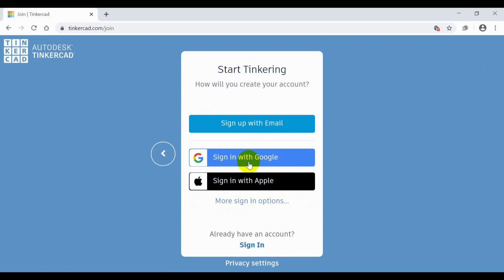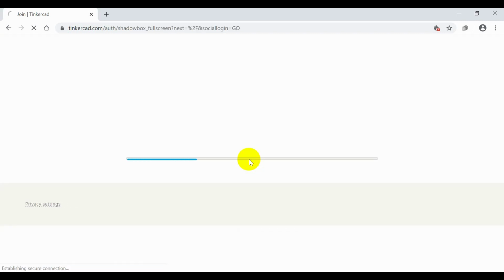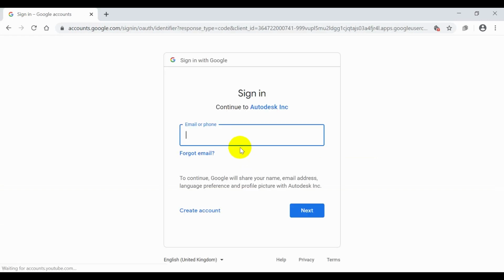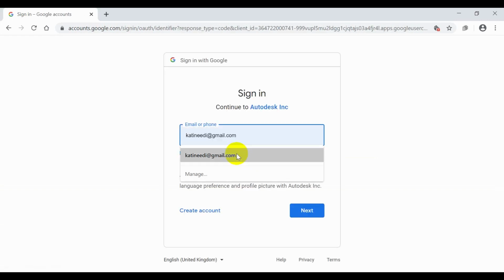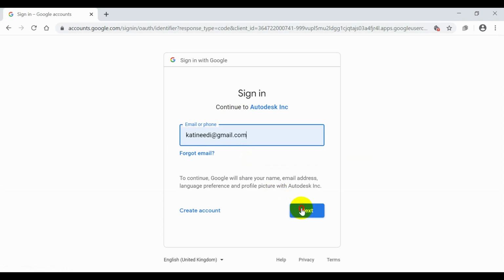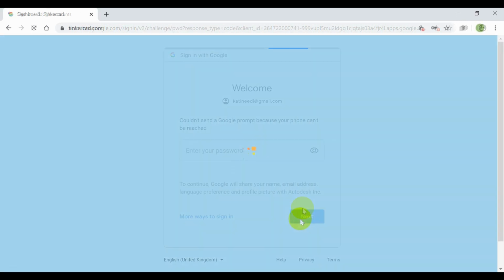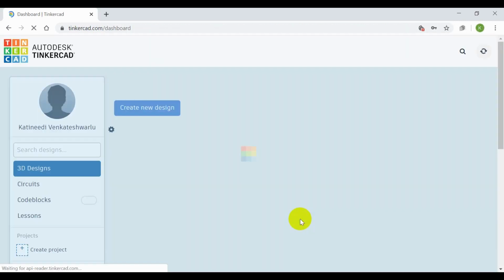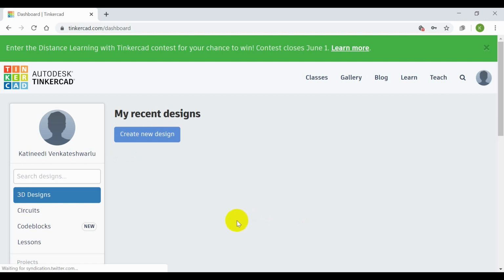If you already have a Google account, sign in with your Google account with your mail. So it is the Tinkercad.